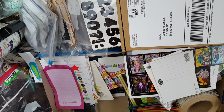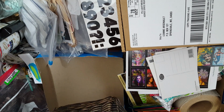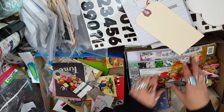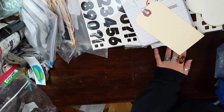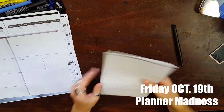This was some stuff I had already pulled out for the destash boxes. So there's quite a collection of things in there. So I just transferred it to a bigger container, and then kind of reorganized the stuff I'm going to be using for those ephemera packs. And yeah, so